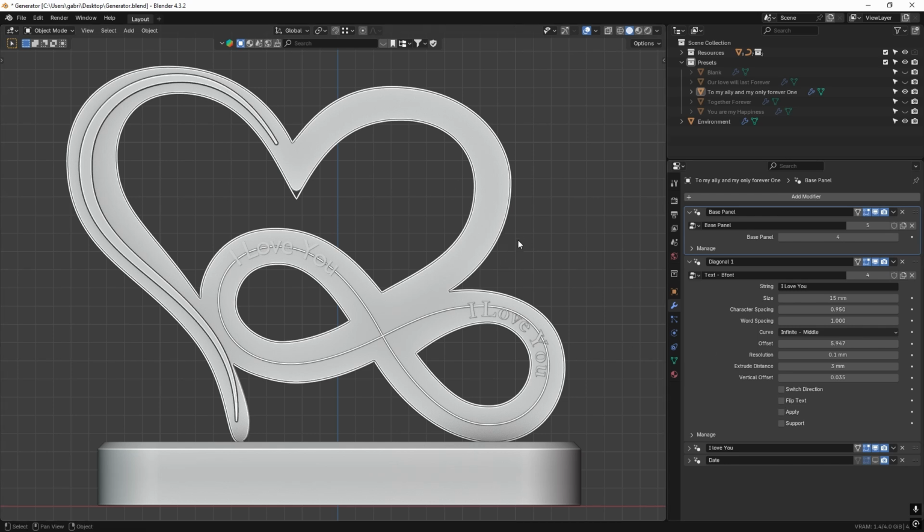In that situation, to fix this problem, you can click flip text and the text will be positioned inside of the curve. For example, I'll make heart outer. In this situation, as you can see here, I love you is upside down. I can click flip text,